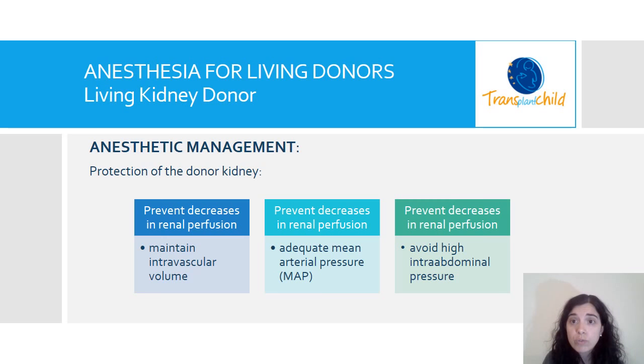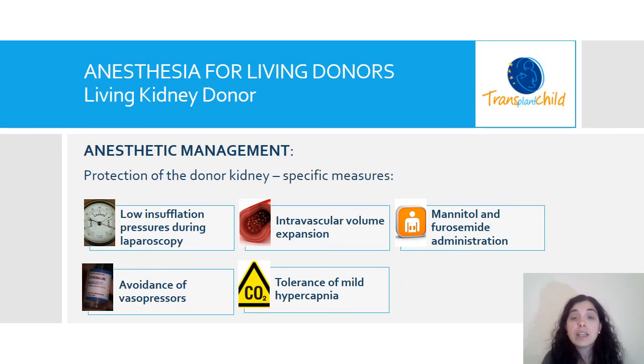It is important to avoid even mild ischemia of the kidney, so it is very important to maintain intravascular volume, adequate mean arterial pressures, and avoid high intra-abdominal pressure. It is possible to obtain optimal renal perfusion maintaining low carbon dioxide insufflation pressure, under 15, during laparoscopic nephrectomy, expanding intravascular volume,